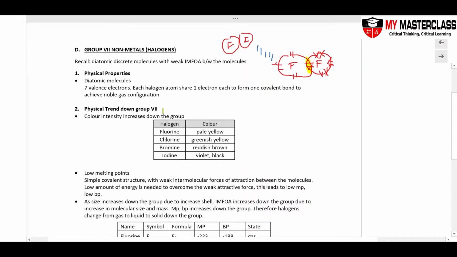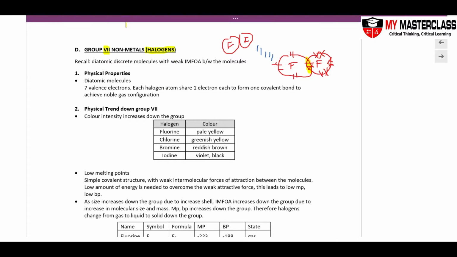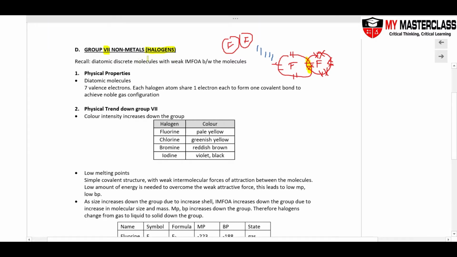Hi students, the next part we are going to look at the group 7 elements, which is also known as the halogens. So we are looking at your fluorine, chlorine, bromine, etc. So recall that they exist as diatomic, 2 atoms molecules. Okay, so fluorine is group 7, 7 outer electrons, and you share 1 electron with the other fluorine atom to